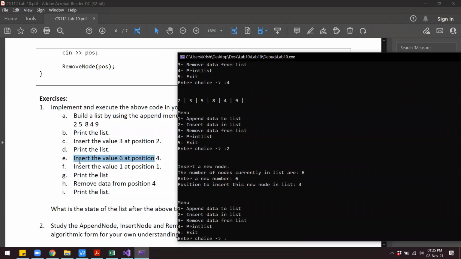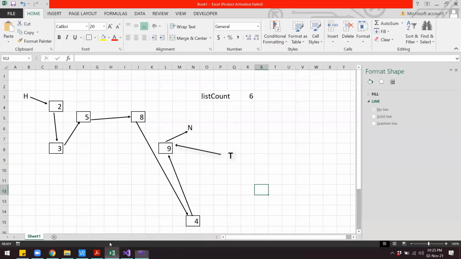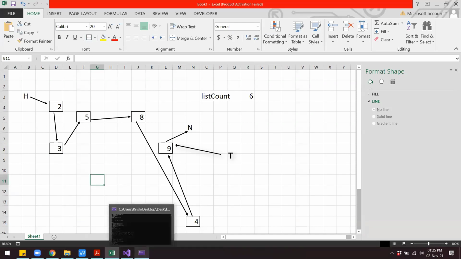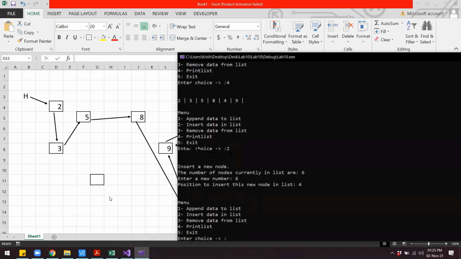Okay, so before that, let's draw the diagram for part E. So we have entered the value 6 at position 4. So 1, 2, 3. So the next node will come after number 5. And the value for that node was 6.